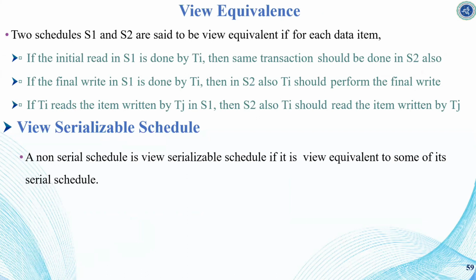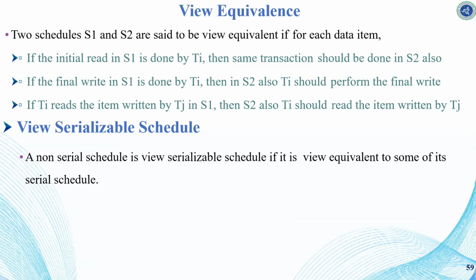Next one is view equivalence. This is the third type of equivalence. The first one is result equivalence, the second one is conflict equivalence, and the third one is view equivalence. So two schedules, S1 and S2, are said to be view equivalent